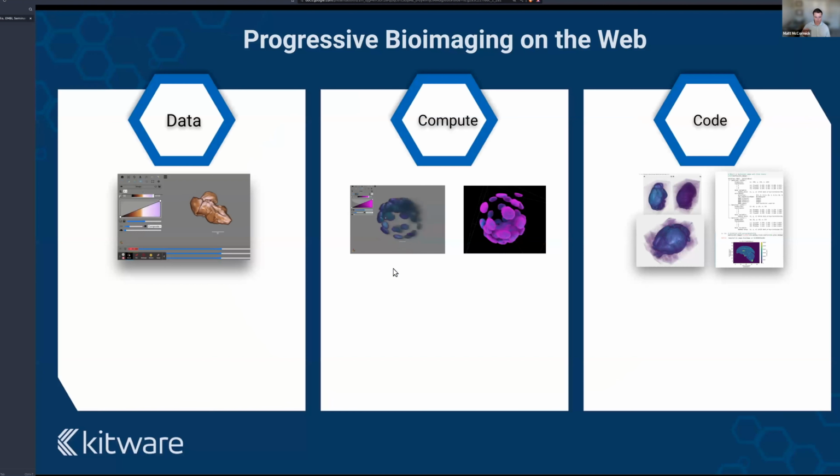So first, look at how we do progressive bioimaging in terms of the data that we're working with, then in terms of working with the computing resources that we have, and finally, in terms of the analysis code that we work with, how do we bring these concepts to practice? So starting with data,